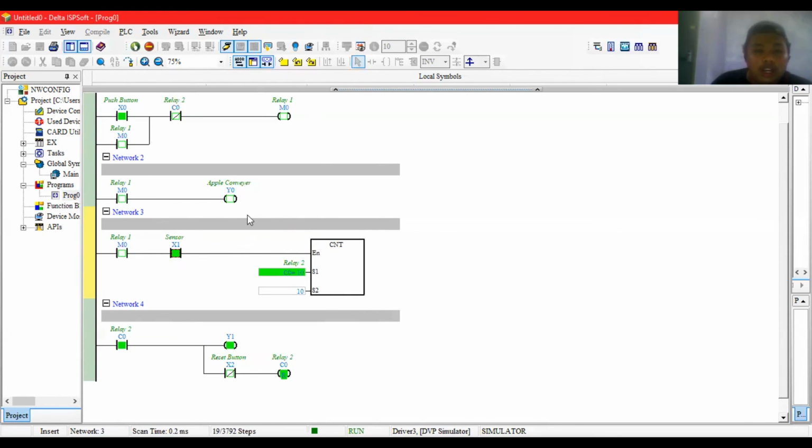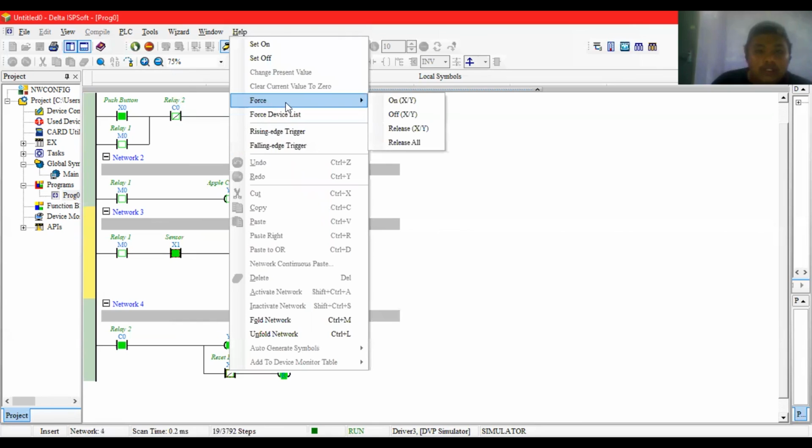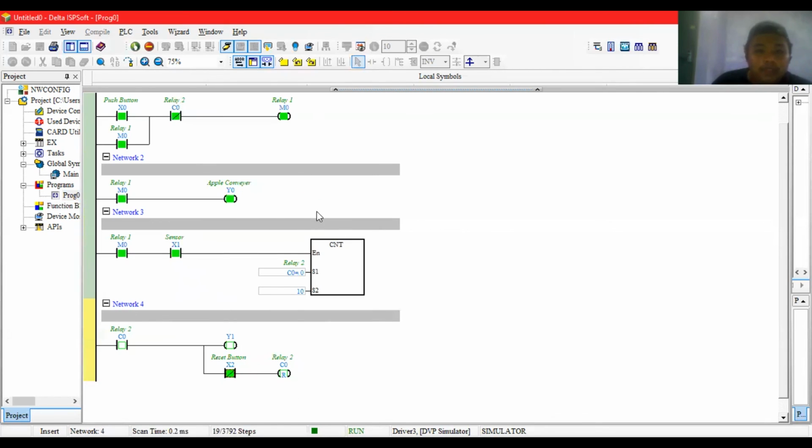After that, if you want to reset the counter, we force off the reset button. So the apple conveyor starts running again. After 10 apples are detected, the apple conveyor will stop until the push button